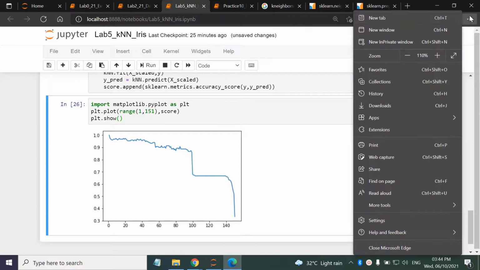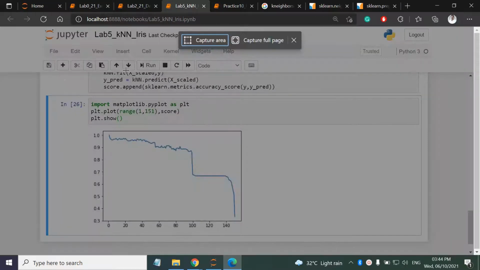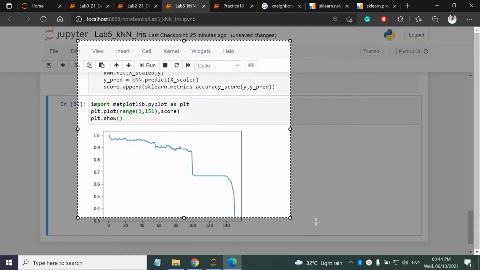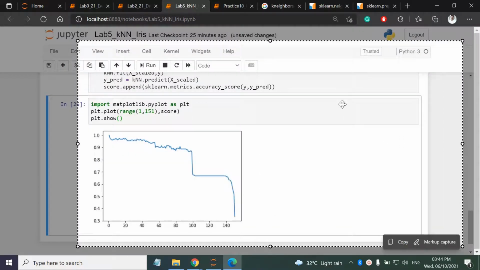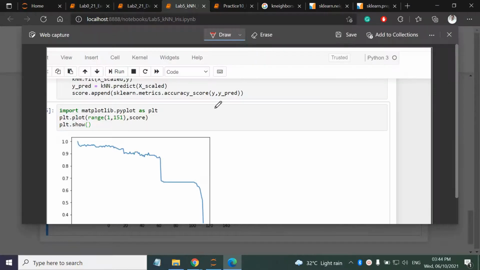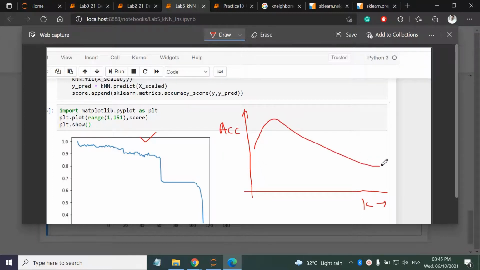Generally the trend in KNN... So this is the pattern that we have observed for the iris dataset, but it is observed that in KNN the general trend in accuracy score is like this: with the increase in k, initially the accuracy increases and then it goes on decreasing.